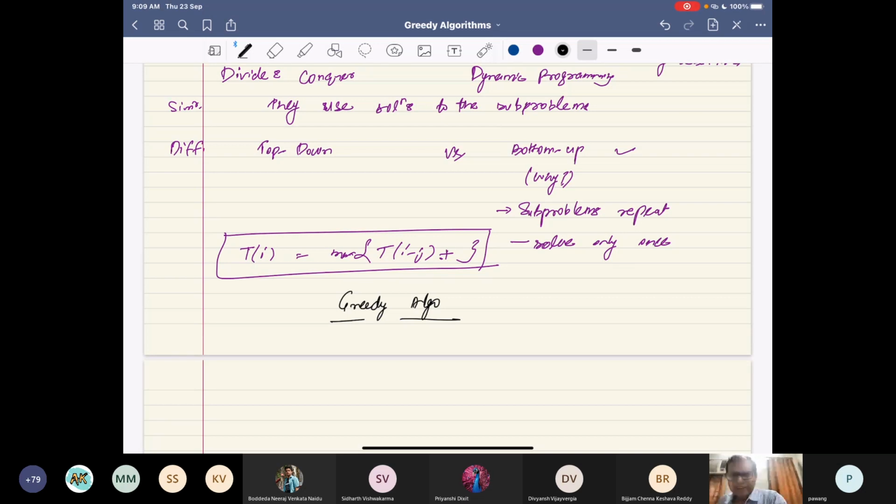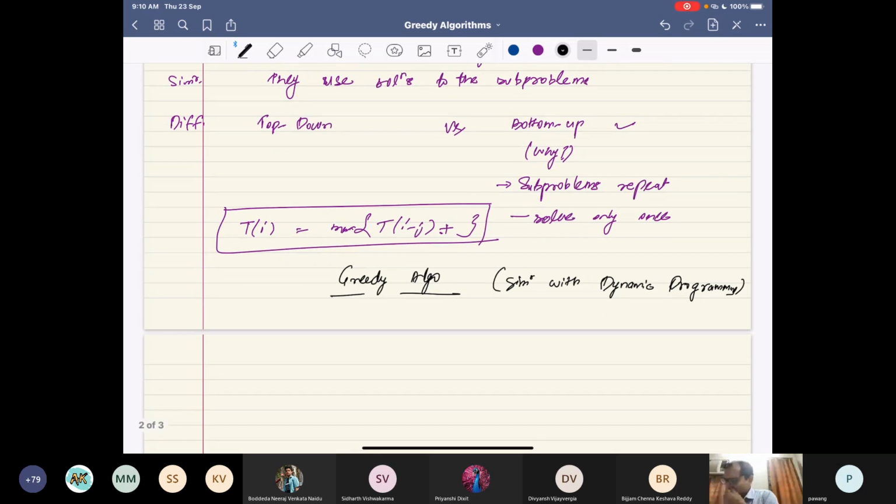So it is more similar to dynamic programming than divide and conquer. Okay, so this is similar to dynamic programming, but differs in one very important way, as the name says, greedy. So in dynamic programming, we generally try to express